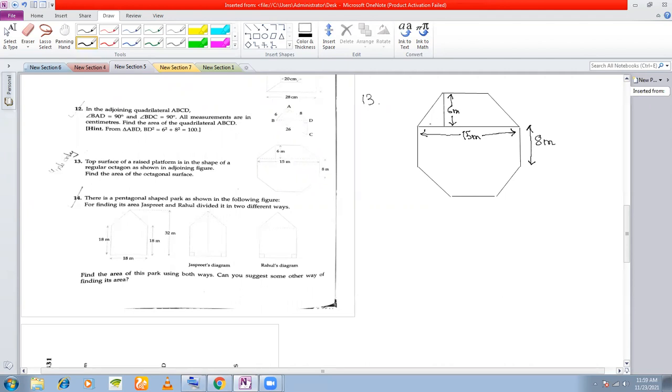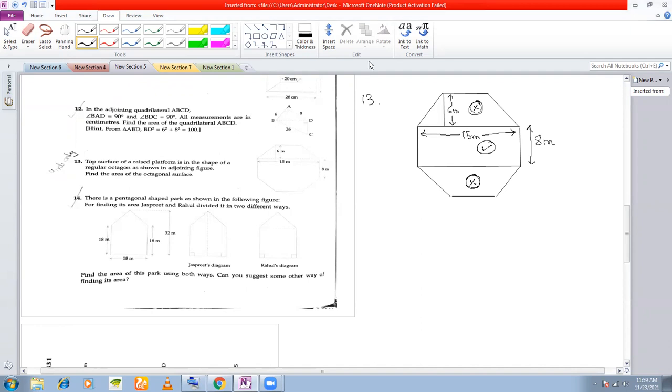If you see area of this platform, if we join this here, if we join this, okay, then what will happen? Area of this figure will be area of this trapezium here, plus area of this rectangle here, plus area of this trapezium here, right? Now these two trapeziums, one on the top and one below, have equal area, right? So therefore, you can multiply it by 2 after calculating the area, and you can add the area of the rectangle.